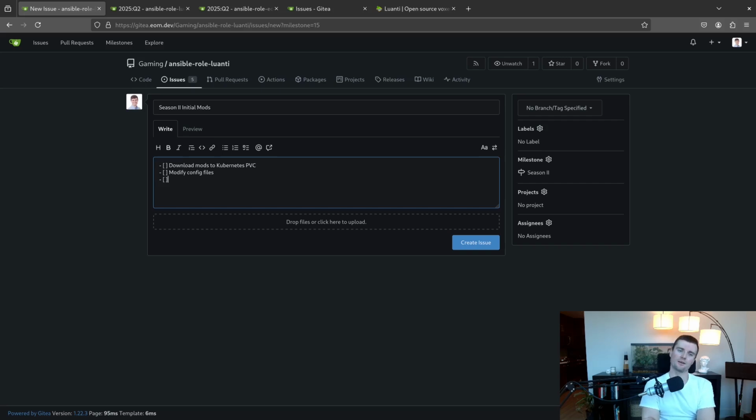A way to do this is to download all those mods, put them in the PVC, restart the server, and then it will take the existing config file and just add all of the new mods to the end, and then that can be taken as the config file, and I can just set true and false for the correct values. There are some mods that I'm going to be removing and replacing, so we'll have to see there. Okay, is there anything else in this one? I don't think so. And if there are, we can add them later.